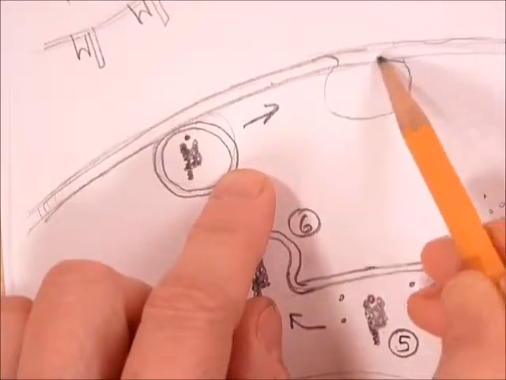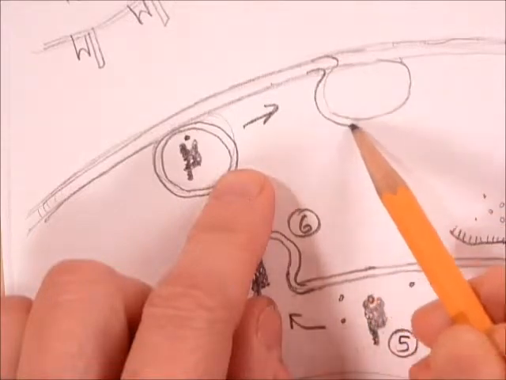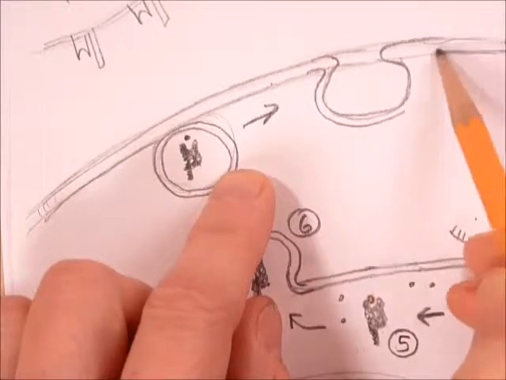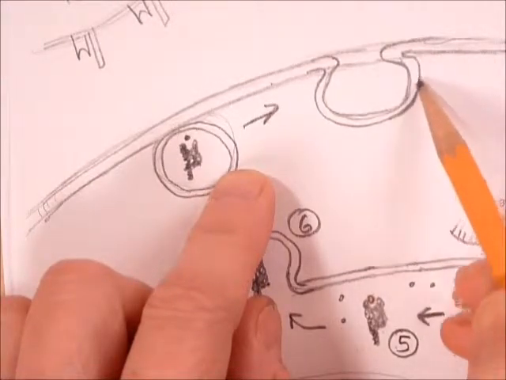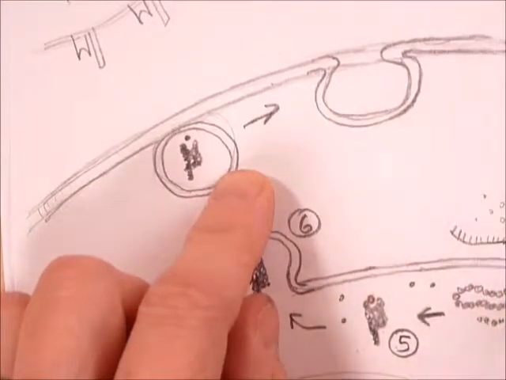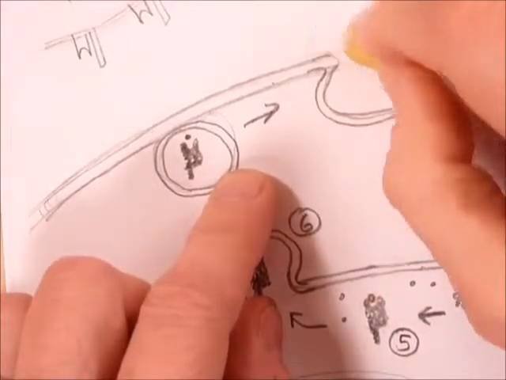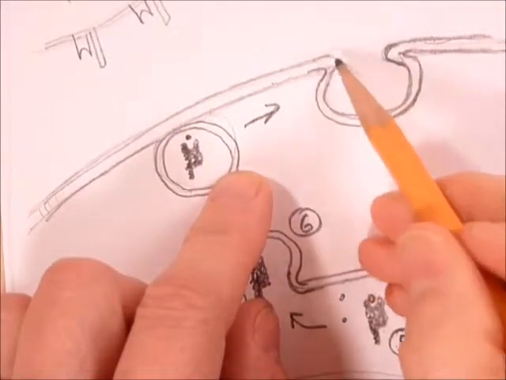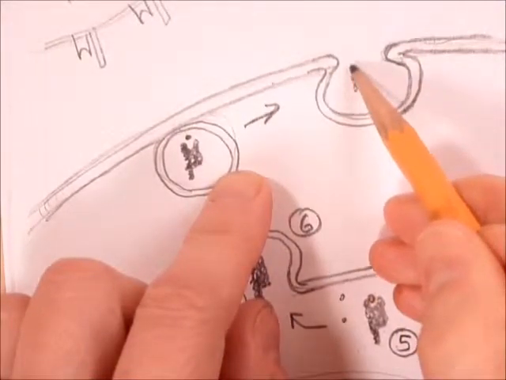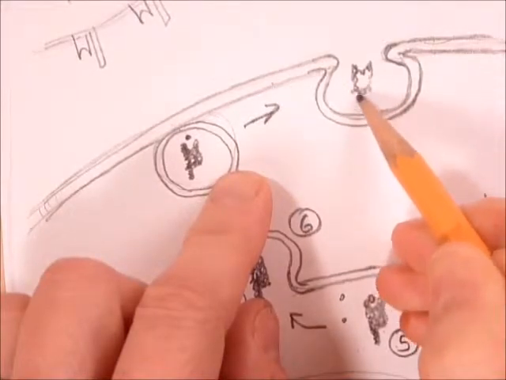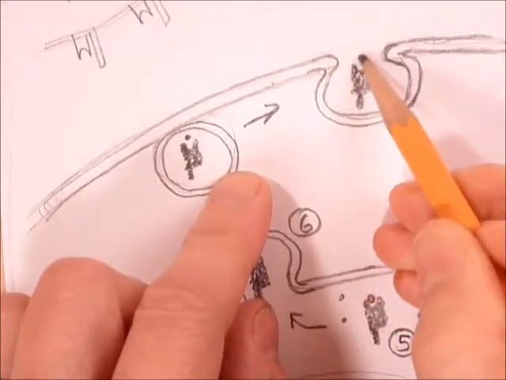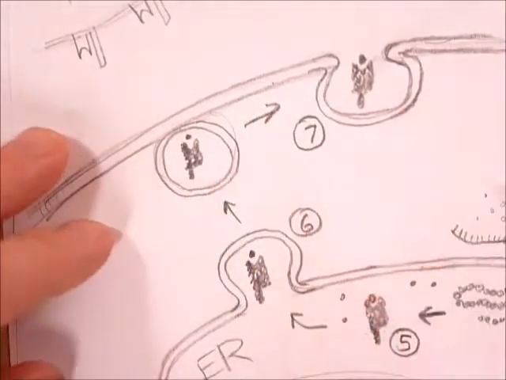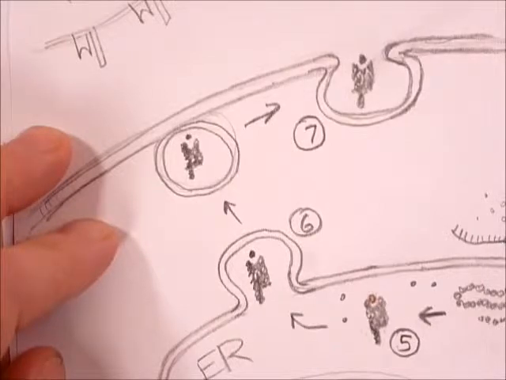The vesicle, suddenly you have something like that. And we'll erase here. It's going to do this. We still have the little MHC1 inside here. So we can put a 7 right here, because what's going on is the vesicle goes to the plasma membrane